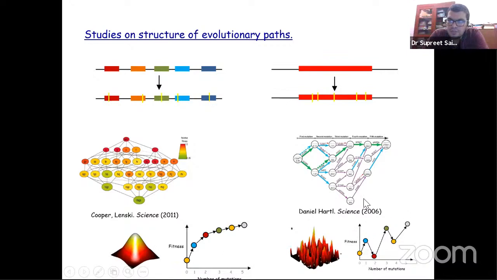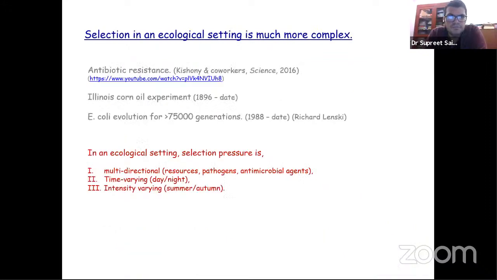However, in the 2006 paper, which came out several years before this, what they showed was that the movement is actually not smooth at all, and landscapes look like these jagged peaks and valleys. So we don't really know, in terms of really being able to understand either via theory or experiments, what these landscapes look like. We're only just beginning. Since these papers came out, there have been some more examples in support of both these types of structures, but there is a lot to be done in that direction.